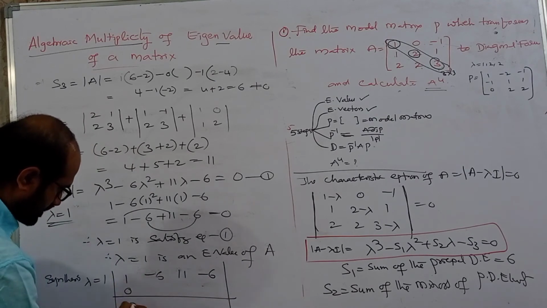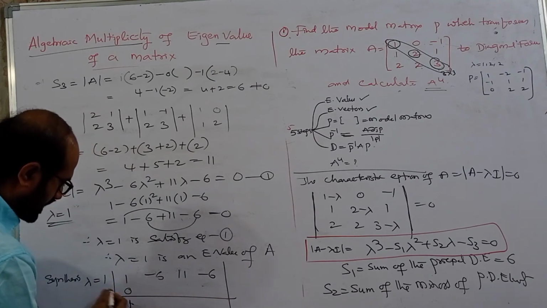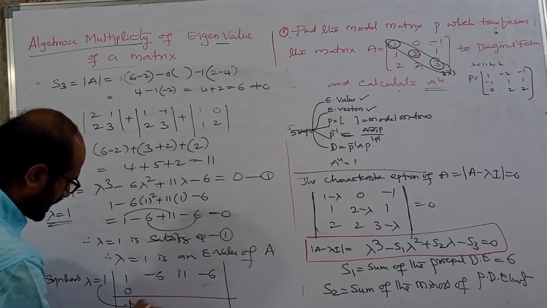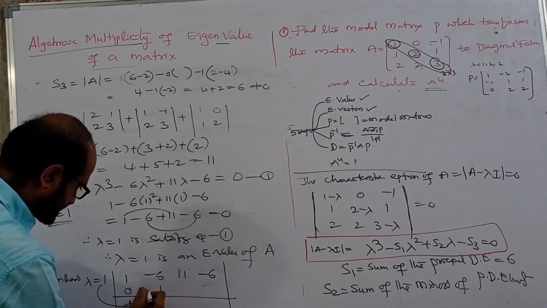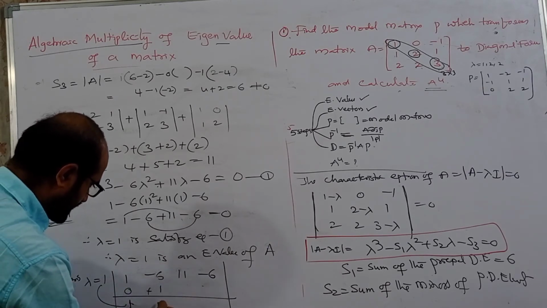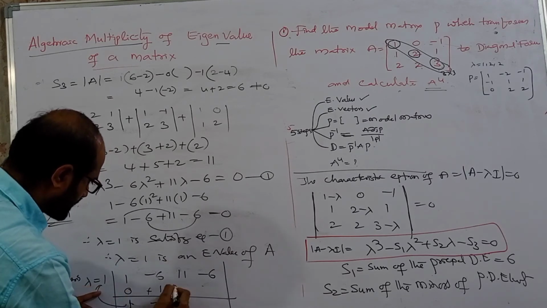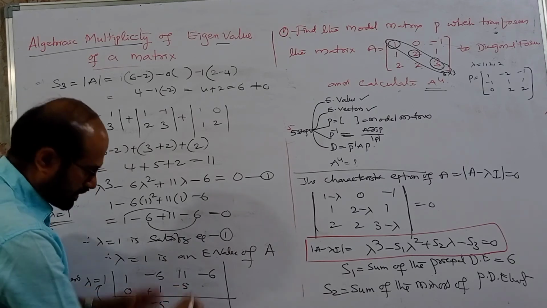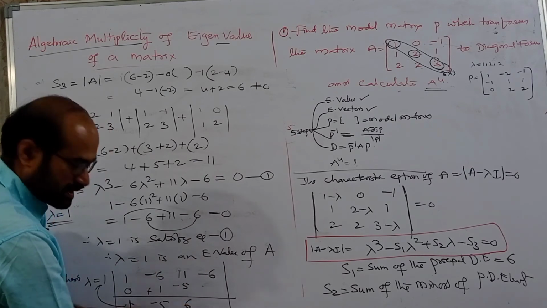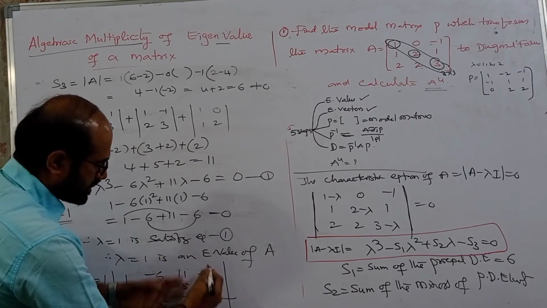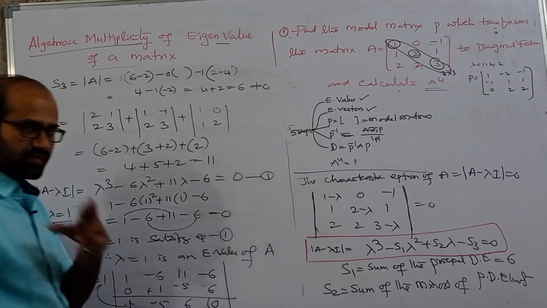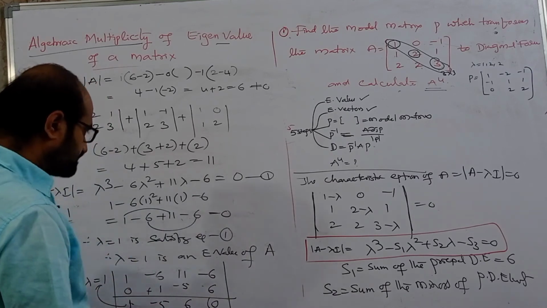1 plus 0 is 1, and multiply 1 into 1, 1, and write down here and add this. Vertically, minus 6 plus 1 is minus 5, and here multiply 1 into minus 5, minus 5. Now add this, plus 6. Now 1 into 6 is 6. Now what is this? 0. You should get 0 here, then only your answer is correct, right?